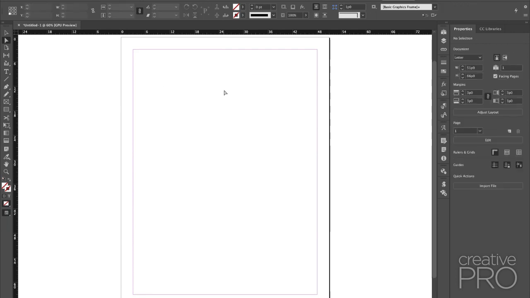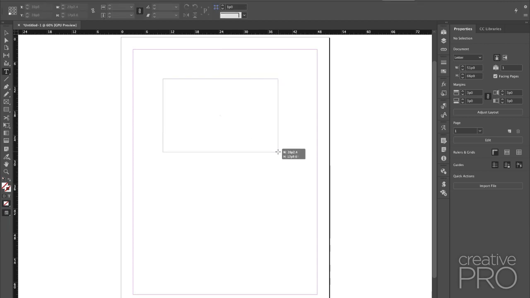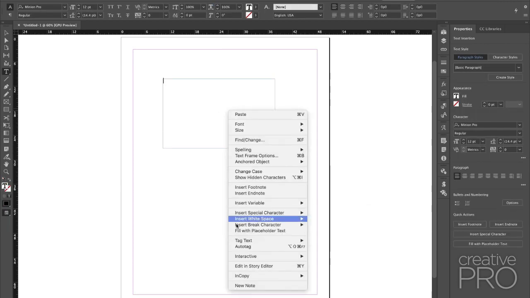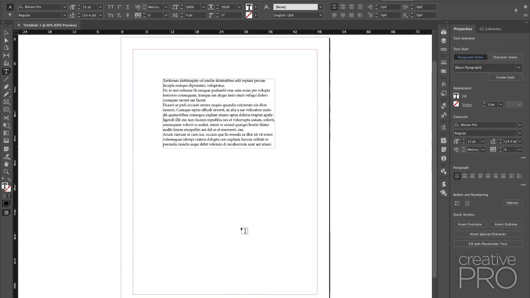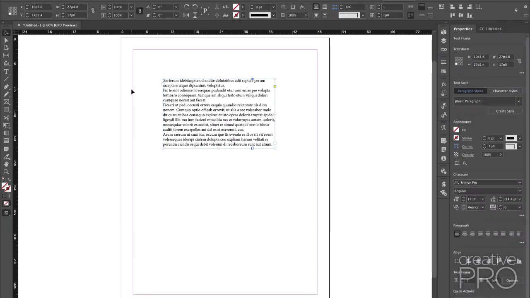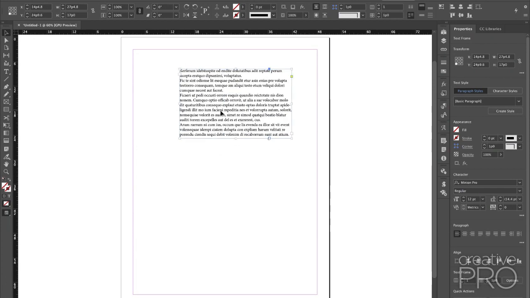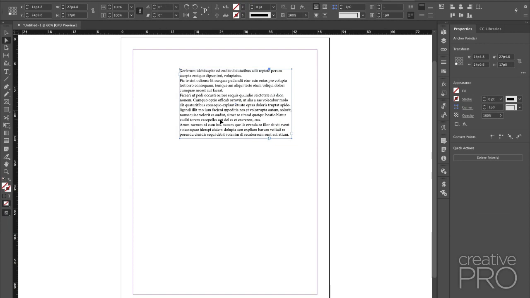Now, you may not do that with a rectangle very often, but you might. Here, let's try it. One of my favorite examples. I'm going to just grab some text frame, and I'll fill it with some placeholder text. We have our favorite little Latin in there, and if I hit the escape key, it'll go back to the selection tool, and I can move the whole frame around, of course. But if I now hit the A key, now I've got the points selected on the frame. That's interesting. That means I can do stuff to the points separately from the text within the frame.